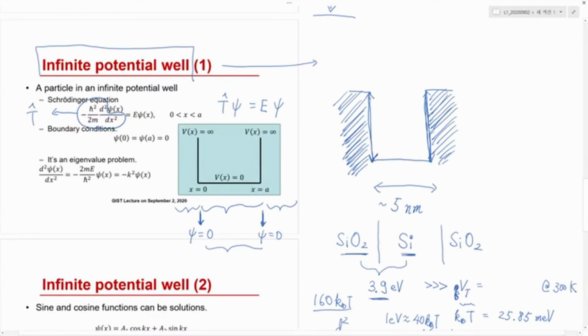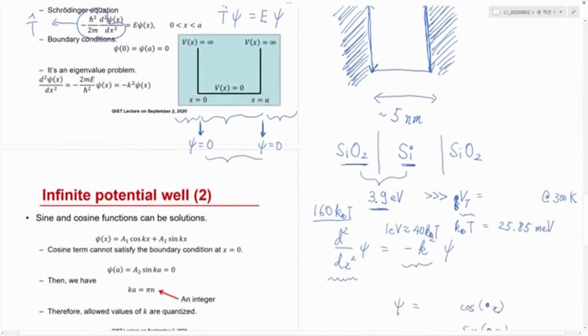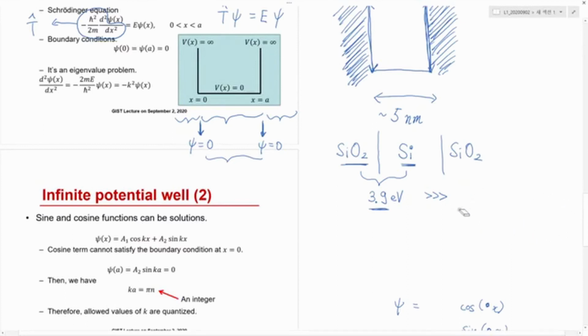Then the natural question is, where can you find a silicon whose thickness is just 5 nanometer and sandwiched by silicon dioxide layer? In reality, of course, we can make it. We can make this kind of system quite easily. But the point is, this is really existing everywhere. For example, if you have a transistor,